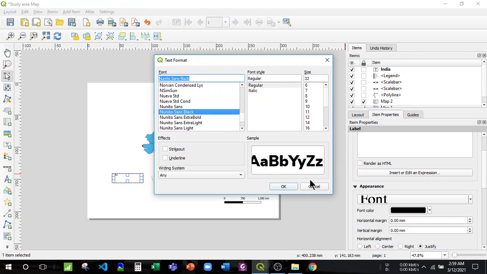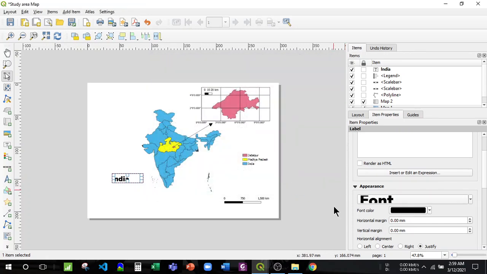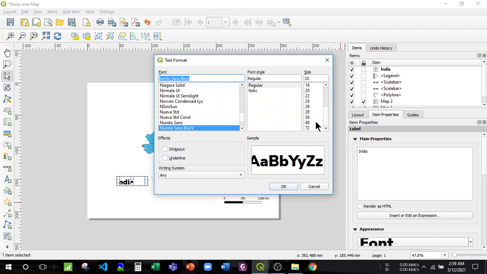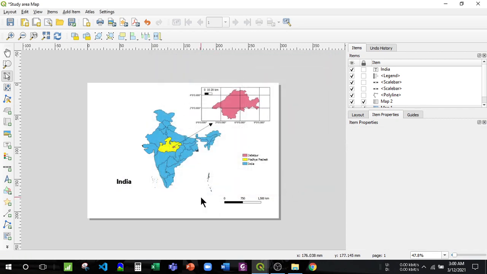We can take any font like this and see it shows as India, and it is a bit more size, so I will take like this.